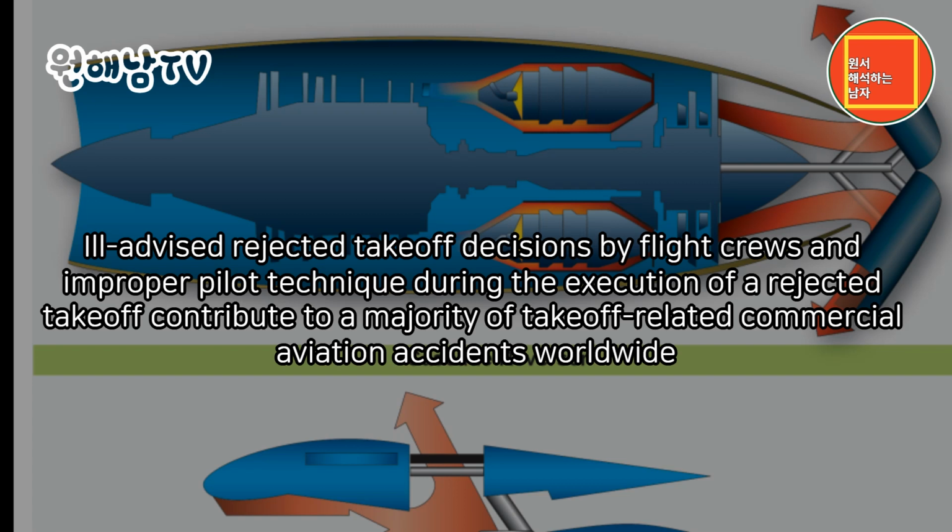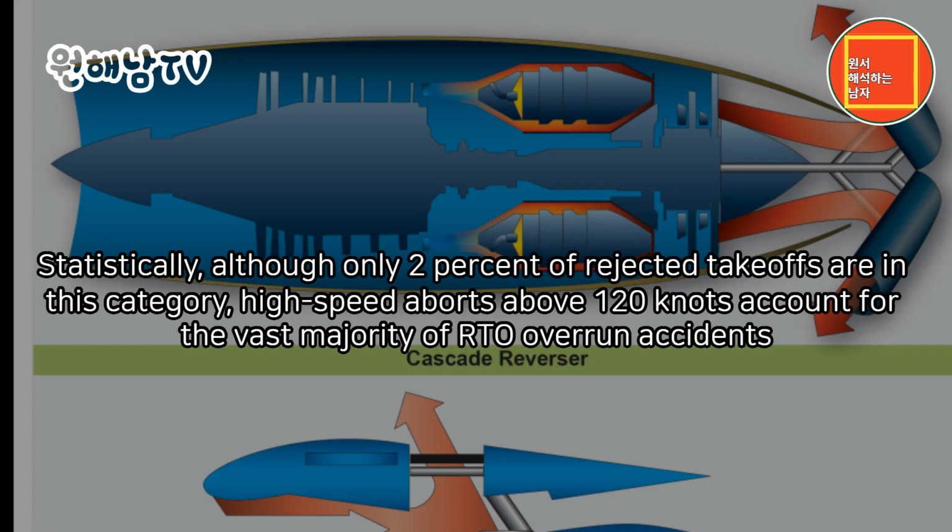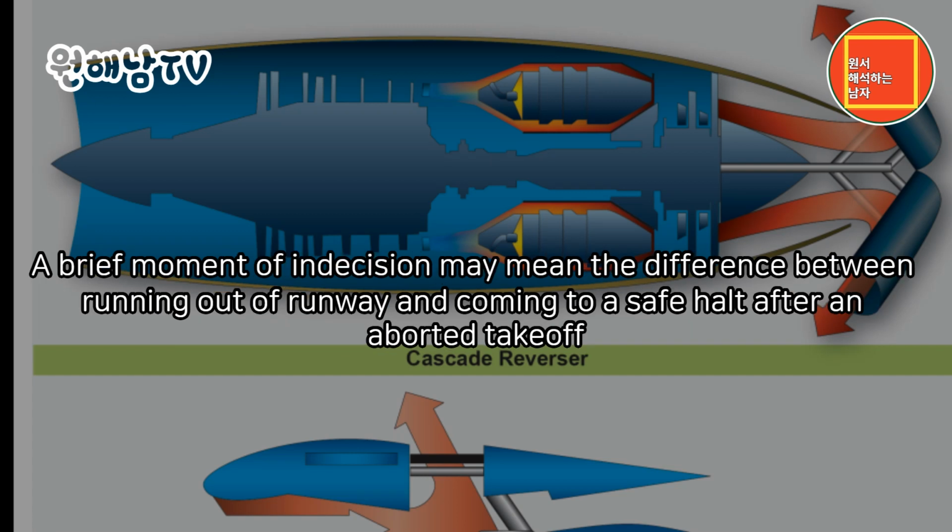Ill-advised rejected takeoff decisions by flight crews and improper pilot technique during the execution of a rejected takeoff contribute to a majority of takeoff-related commercial aviation accidents worldwide. Statistically, although only 2% of rejected takeoffs are in this category, high-speed aborts above 120 knots account for the vast majority of RTO overrun accidents. A brief moment of indecision may mean the difference between running out of runway and coming to a safe halt